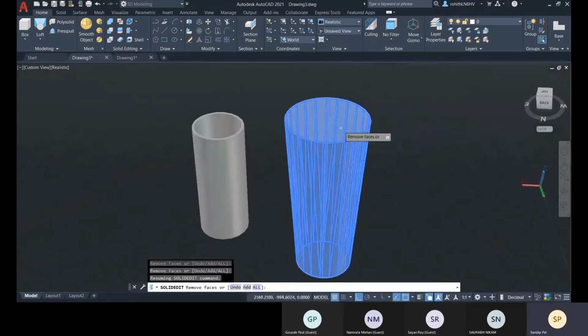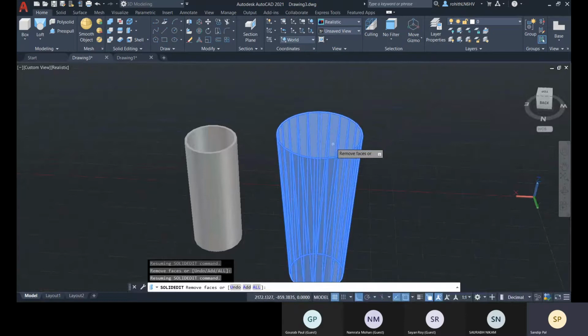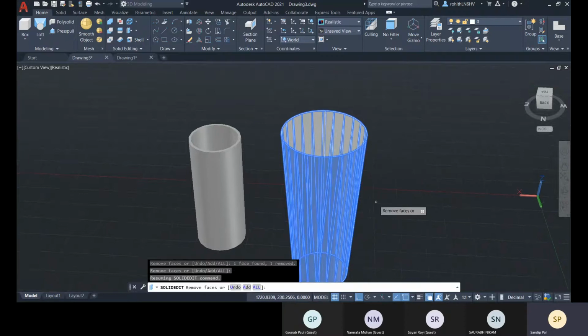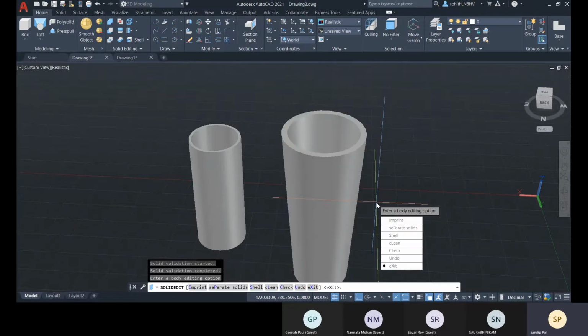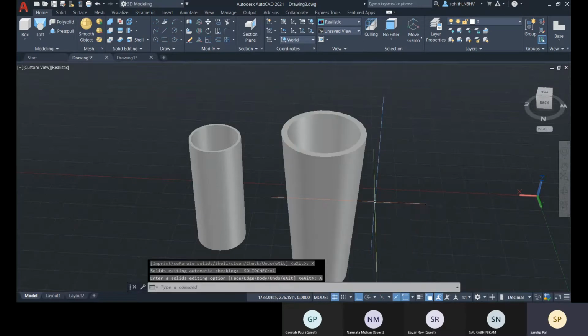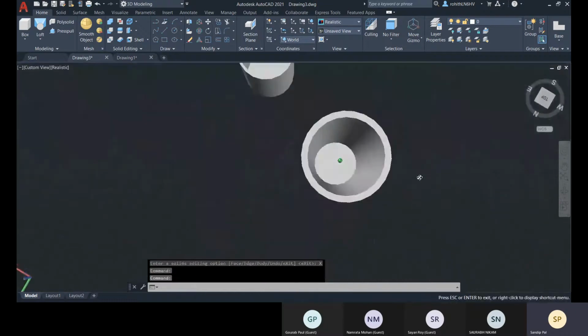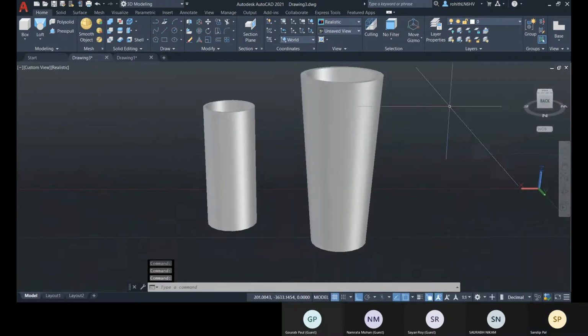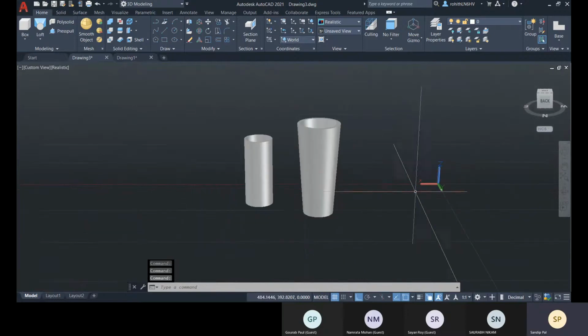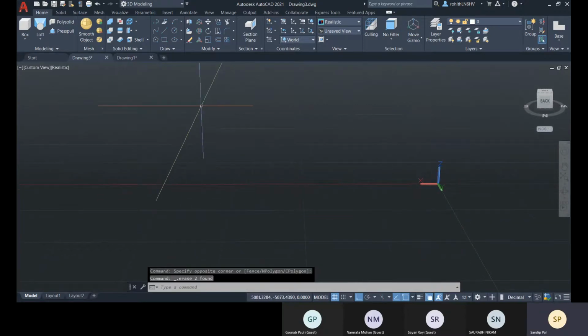Make sure, I think I couldn't select the face properly, so that's why. Yeah, right now the face is selected. Now you see the color has been changed, right? So I think I was not selecting the face properly. Remove the face. See, the face is selected, press enter, and then specify the offset distance 50. Enter. Yeah, I was making the mistake while selecting the face. Okay. All right then.